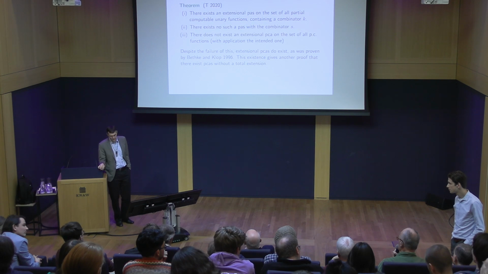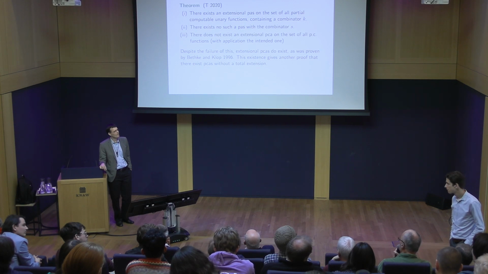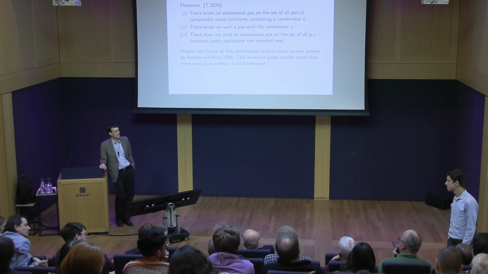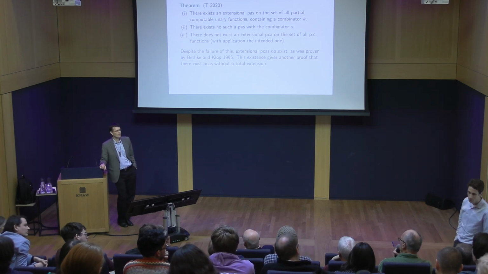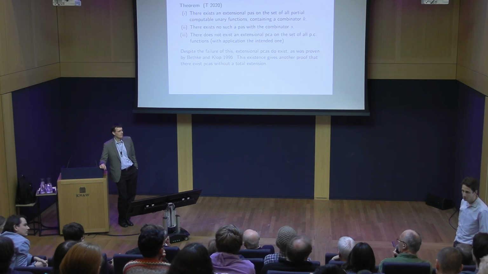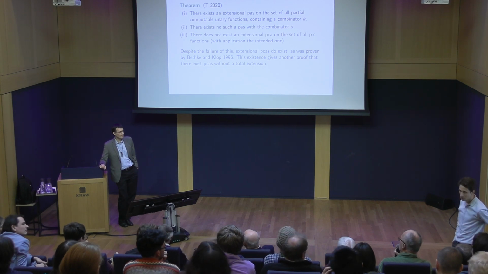So I can take the diagram of A together with the axioms for K and S, which are simple sentences, and the statement that application is total. Now, in the case of a non-completable PCA, this is an inconsistent theory. So there's a finite part of it which is inconsistent by the completeness theorem. Can you imagine what kind of finite parts